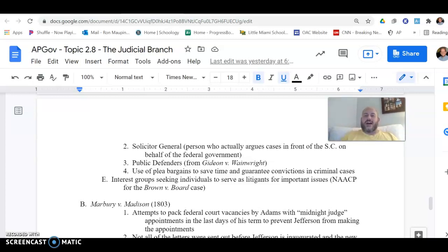Now, note, it's important to be aware of other kinds of lawyers that exist. There are also defense lawyers. Typically defense lawyers are privately hired by people, but for those that do not have the means, as a result of the Gideon versus Wainwright case in 1963, you are eligible to have a lawyer appointed for you. So that's important to keep in mind. Also keep in mind that plea bargains are very commonly used.